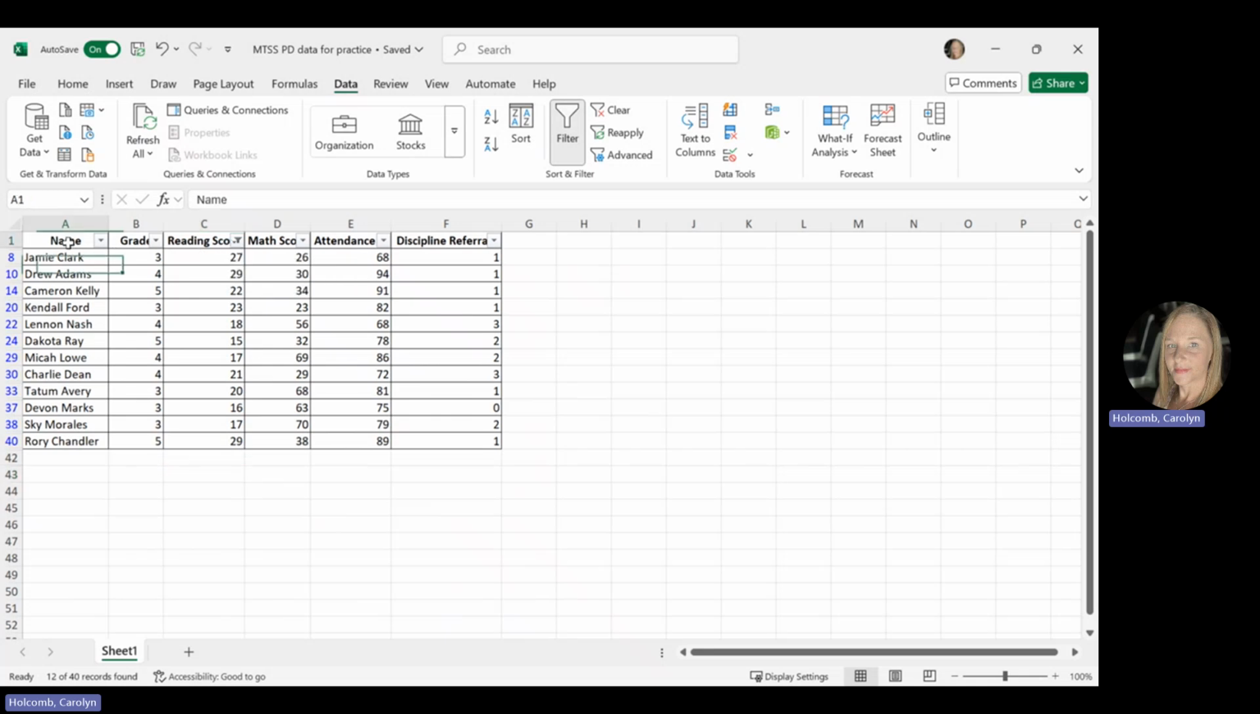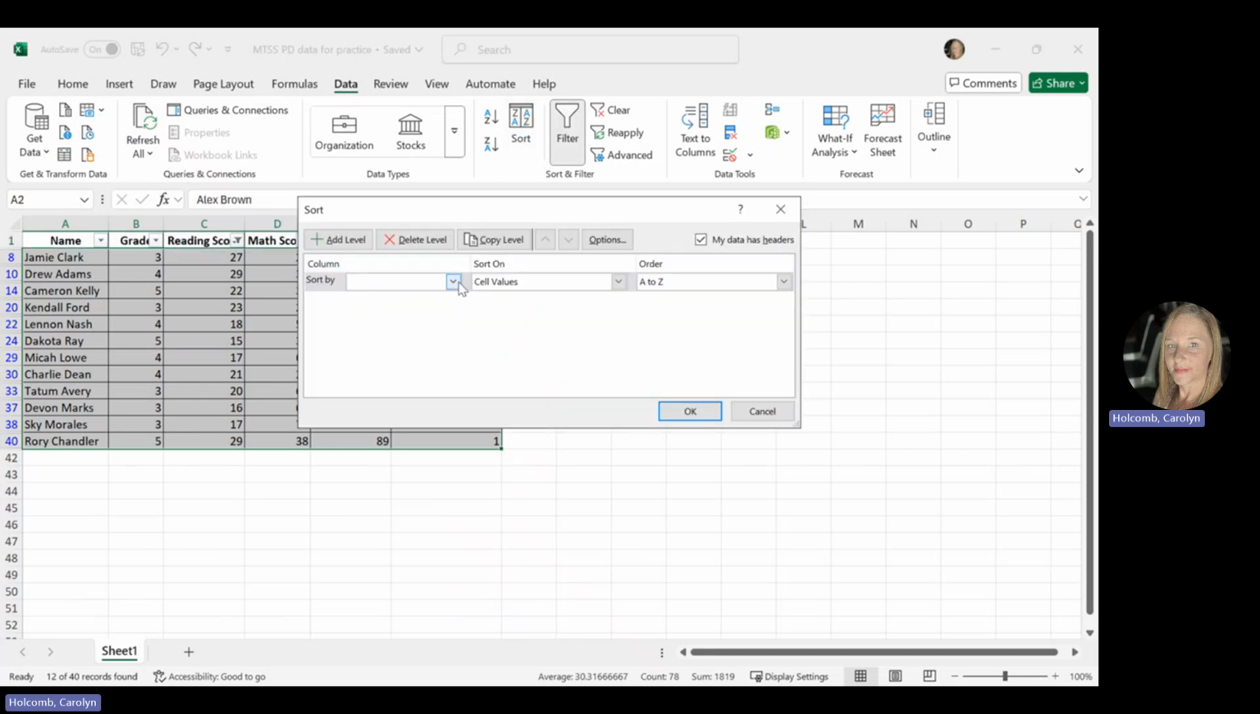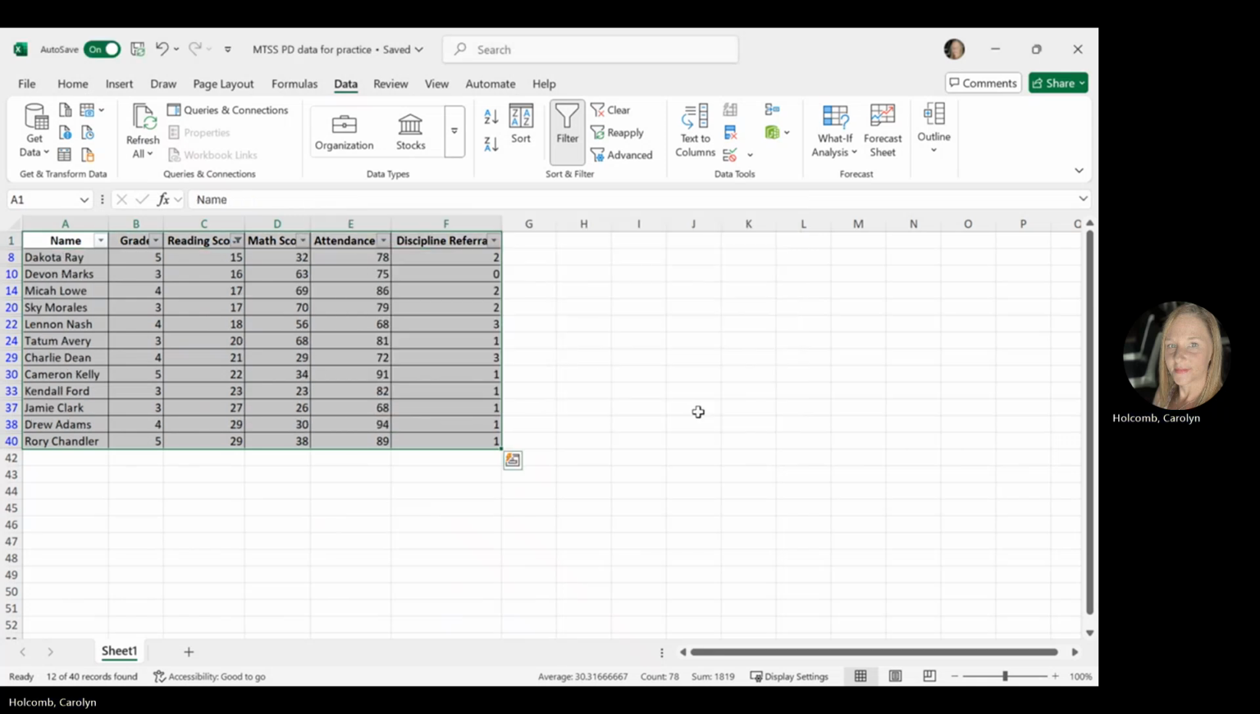So again, we're going to highlight the entire data table. You can either go to Sort, and you can click Sort by Reading Score. If I click on that, it's going to give me the option to choose smallest to largest. I could either do largest to smallest, or I could do custom. I want it to be smallest to largest. Okay, so now you see that it has placed the students in order of their reading score from least to